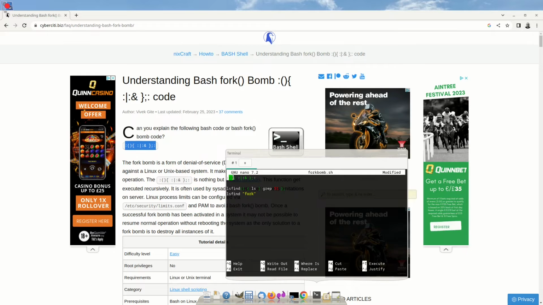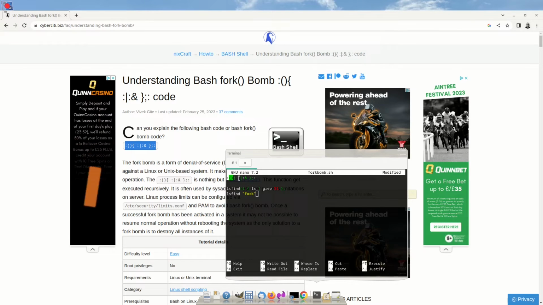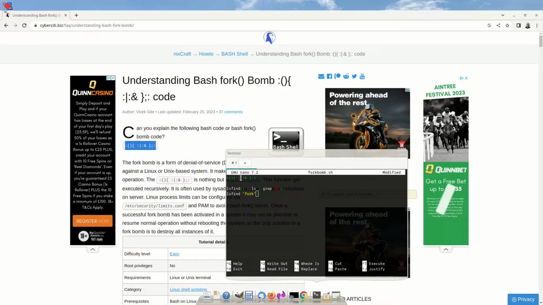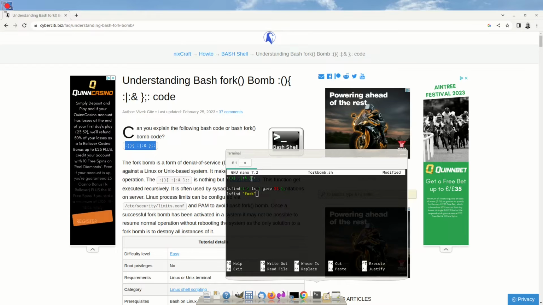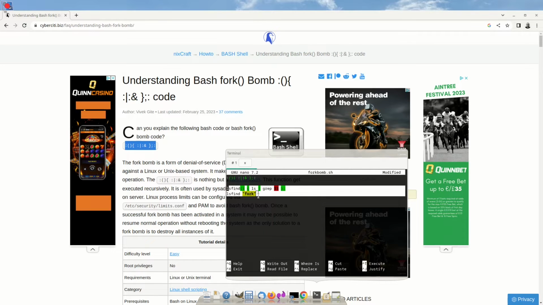It's got a function called colon, and all that function is doing is calling colon and outputting the results to colon, and it's running that function as a background process. And obviously, the last colon is to initiate the whole thing to start in the first place. So that's all that function's doing. It looks confusing,